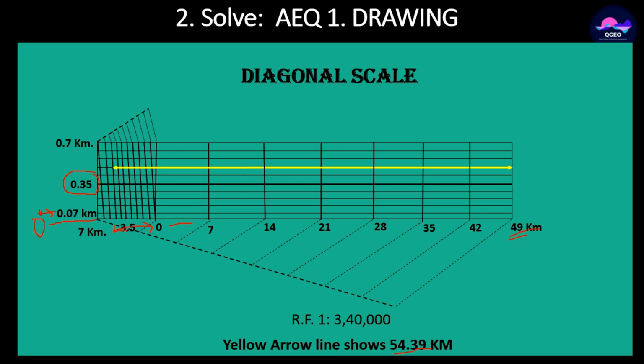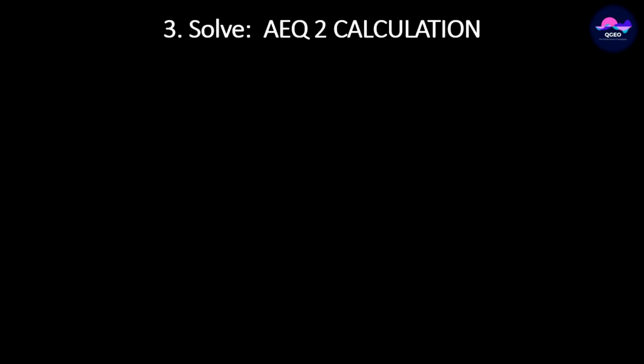Here 7: 1, 2, 3, 4, 5, 6, 7, here the 7, and in the upper way 1, 2, 3, 4, 5, 6, 7, here the 7. Now you can take the total length in this manner. Easily you can draw it. Distribution of value is the main factor in this case. In this way you can draw the advanced level question in diagonal scale. Now come to the second advanced level question in calculation part.